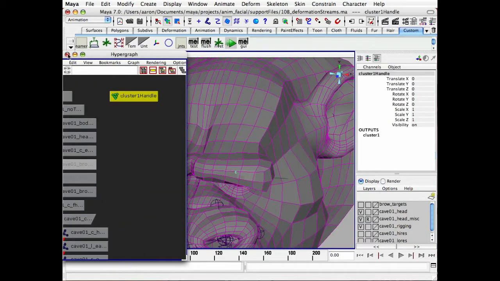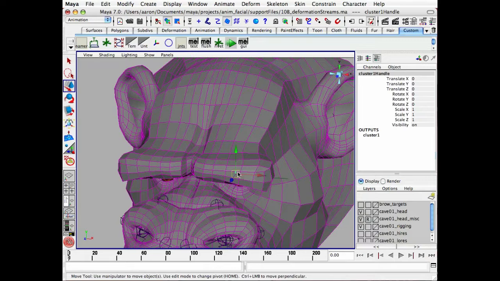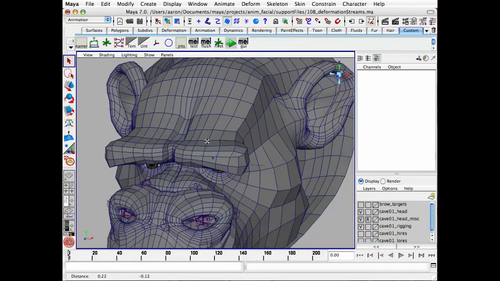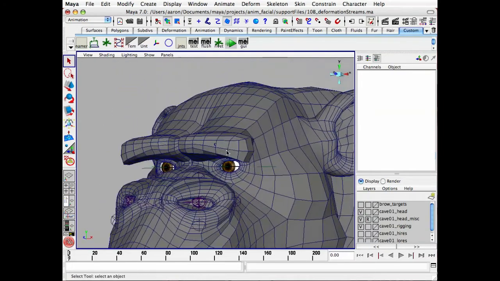Okay, so we have our cluster handle here. Okay, so it's moving around fine. So what we're going to do in order to avoid a deformation cycle is we need to get this cluster to derive its position and orientation of the handle that drives the cluster by an object that's outside the hierarchy. And what I mean by that is if we look at the